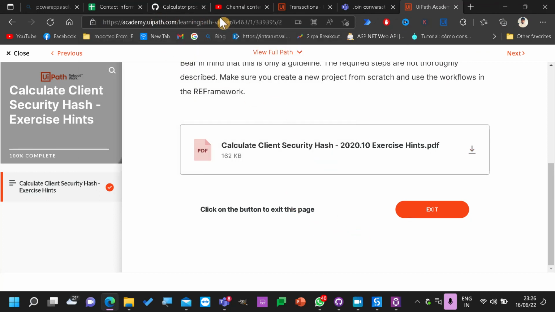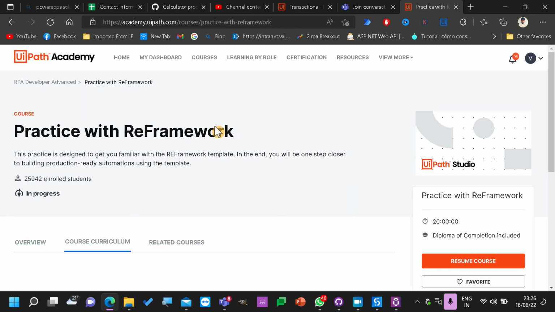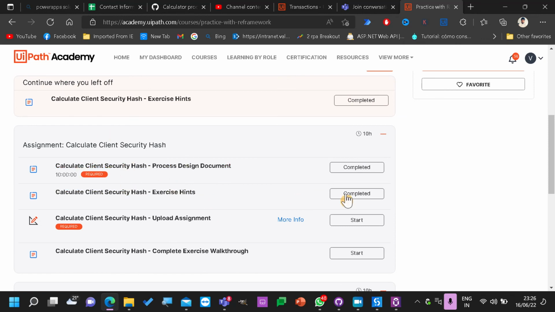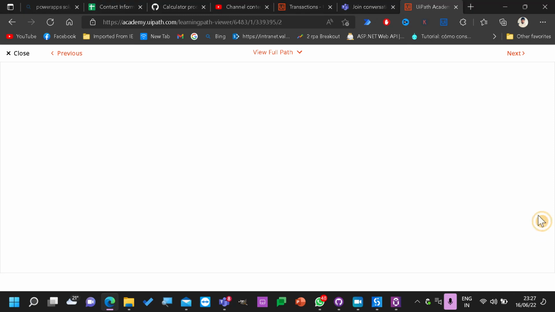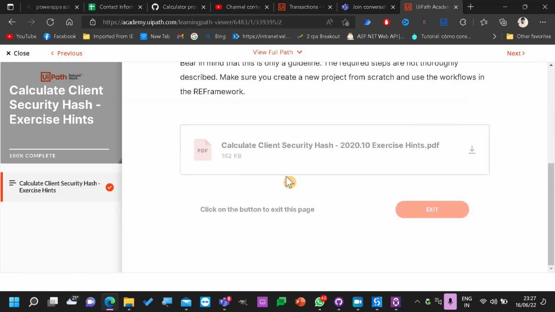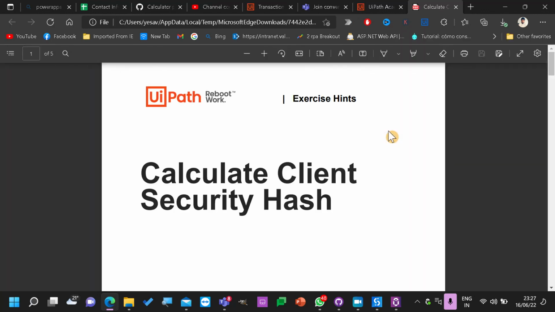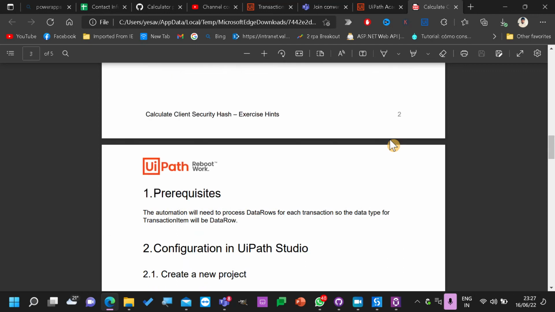Anyhow, see, this learning path viewer is fine, but the solution is also available, by the way. If you open this one, client access hints, open. If you can download this particular file, the solution is also given on how to work on this.